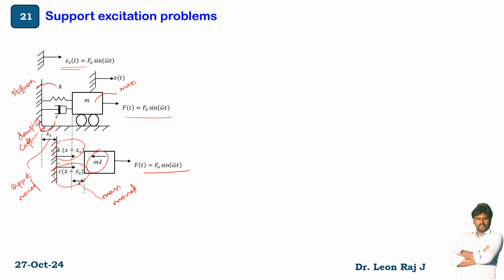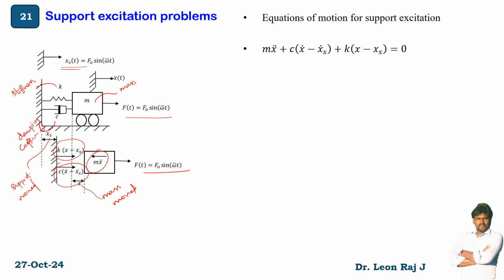Spring force is nothing but k into (x minus xs), and damping force is equal to c into (x dot minus xs dot). Equations of motion for support excitation: m x double dot plus c into (x dot minus xs dot) plus k into (x minus xs) equal to